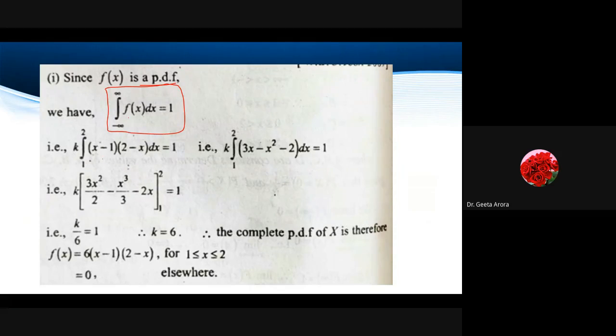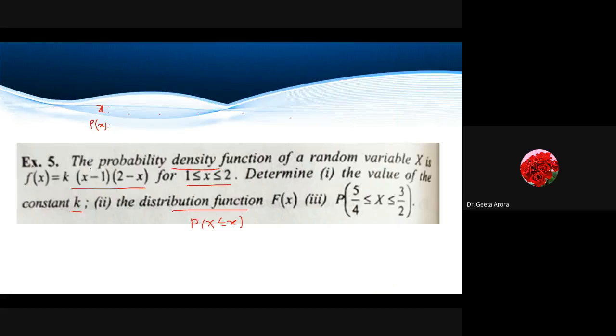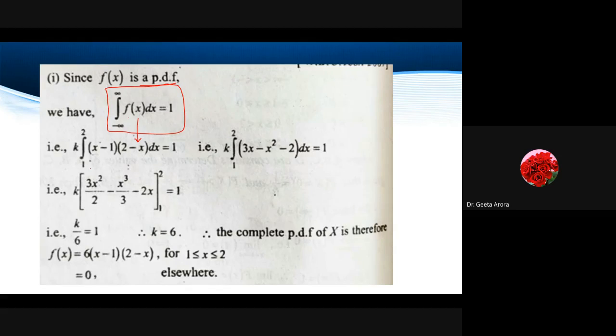While doing the values, in this f(x) you have to substitute the values, and then you have to integrate. We have from minus infinity to infinity, but in order to calculate we need the limits to be finite, which is given here, that is, the range of x for which the function is defined. Correct? So here we have the integral from 1 to 2 of k(x − 1)(2 − x) dx equal to 1. This is by the property. And if I simplify it, taking the product, we get 3x − x² − 2.